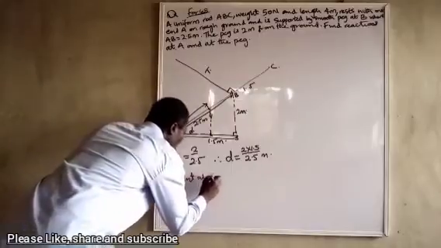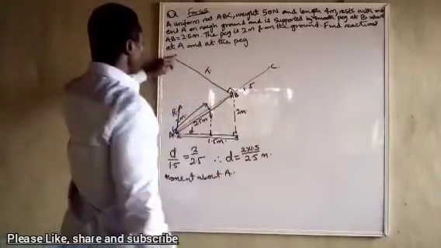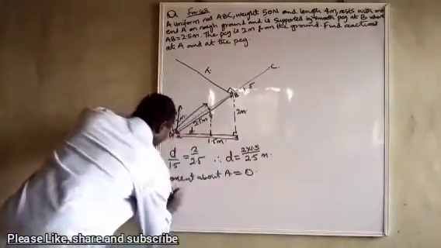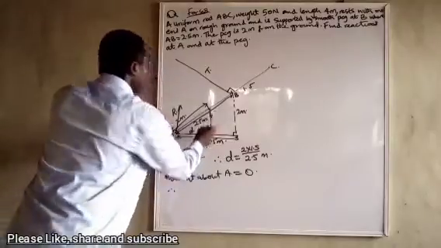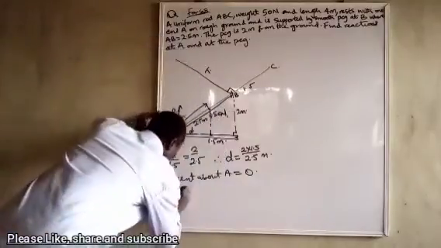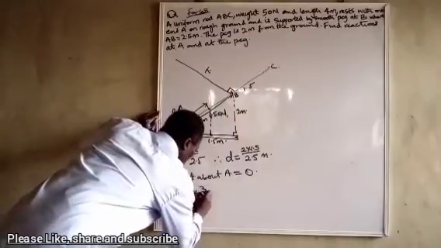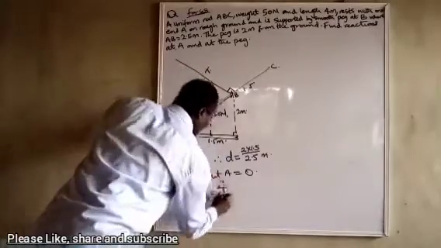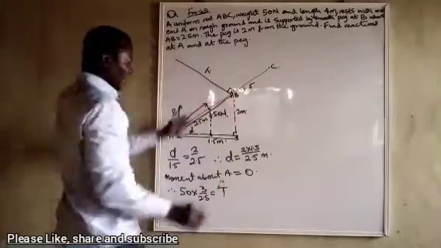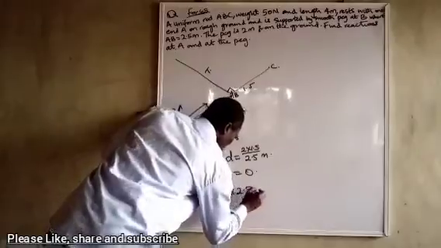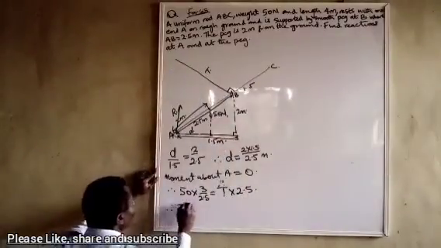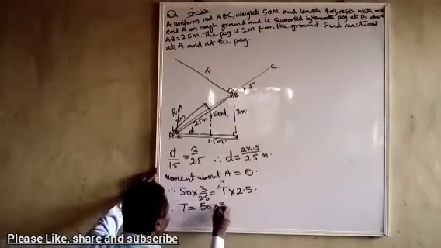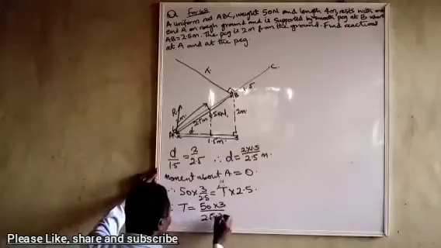Moments about A. This is the anti-clockwise and this is the clockwise. Therefore, the weight is 50 Newton. So 50 times 3 over 2.5, and the anti-clockwise is T. You can see this T is acting perpendicular to this one, so we multiply it straight by 2.5. Therefore, T is going to give us 50 times 3 over 2.5 times 2.5,